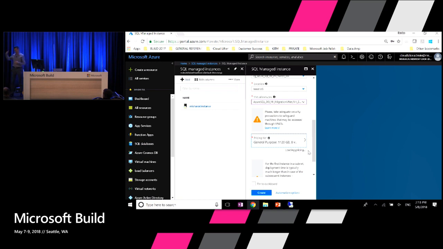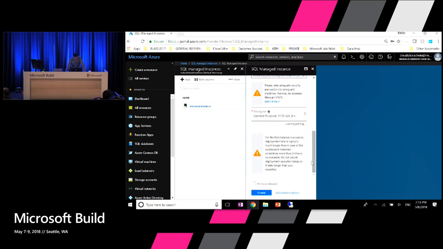Now, Standard will allow you to take only the general purpose service tier, whereas Enterprise allows you to buy both, right? I'll have a slide, and it's contained in this presentation, so you'll see it. And then, here's the thing.